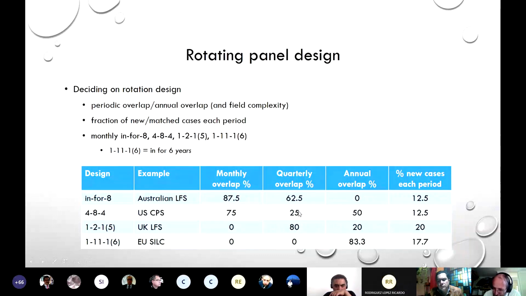So it's giving quite a lot of useful overlap at lots of different periods, but the price you pay is in this complexity in the field. So it's harder to run that operation because you have to keep track of somebody for 8 months while you're not surveying. So that's 4 different types of designs,